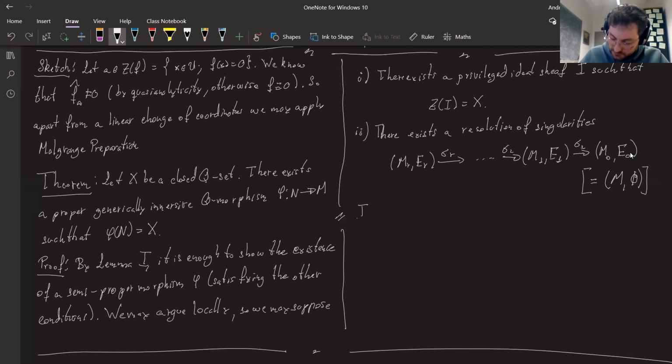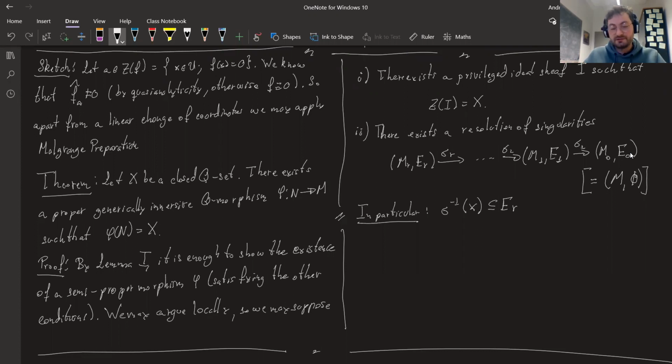So in particular, let me just note this, which is important. The pre-image via the entire blow-up sequence of X is going to be contained in the end in ER. And the reason for this is simply because the ideal sheaf, the end-up ideal sheaf, is going to be, after all of these blowing ups, a principal ideal, which is monomial over the exceptional divisor. So locally it is going to be just given by the product of terms of the exceptional divisor.